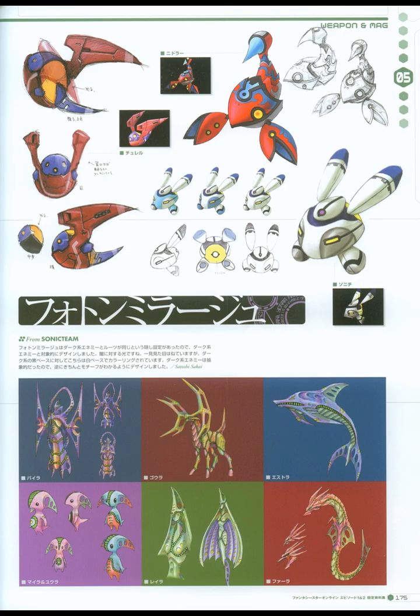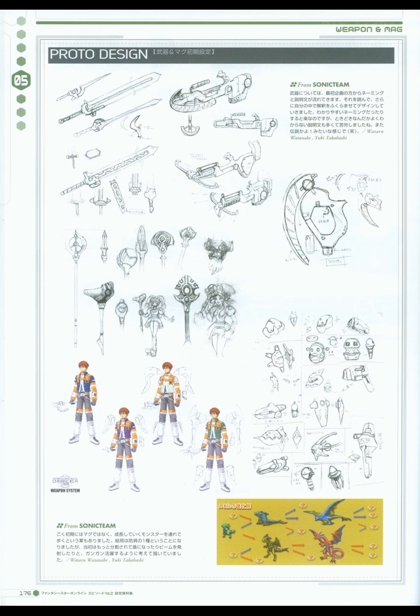This page is titled Proto Design, and it's all about the initial designs for weapons and MAGs. Sonic Team talks about how weapon designs started with names and descriptions from the initial planning documents, which they then developed further. They mention that sometimes the descriptions were a bit unclear. You can see sketches of various sword designs, and also a gun-like weapon design, with labels for parts like magazine